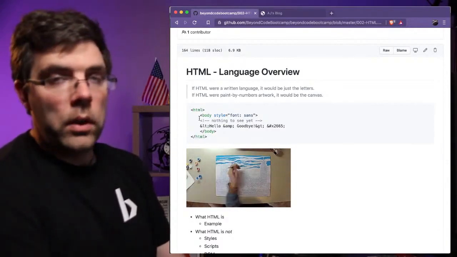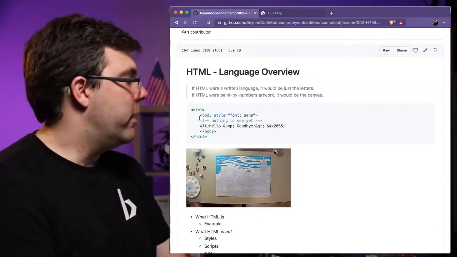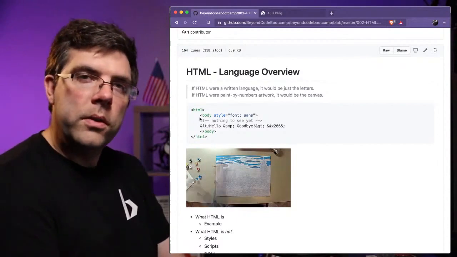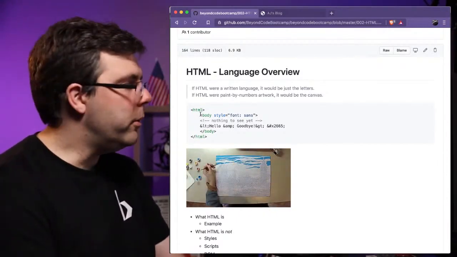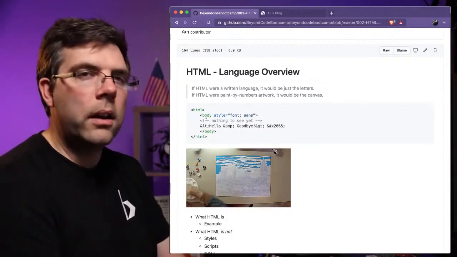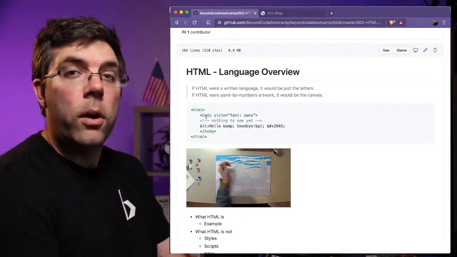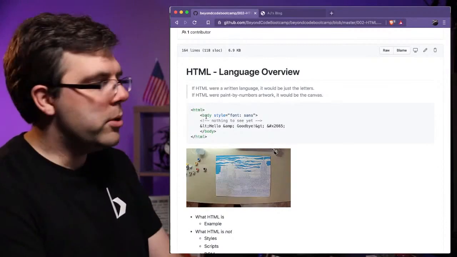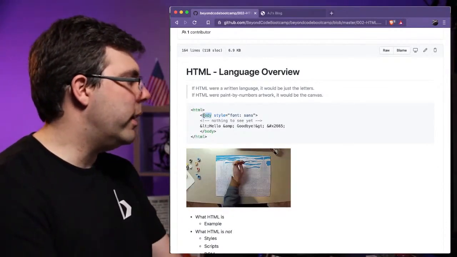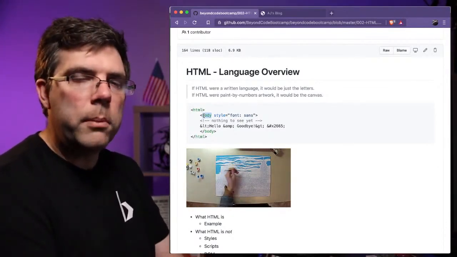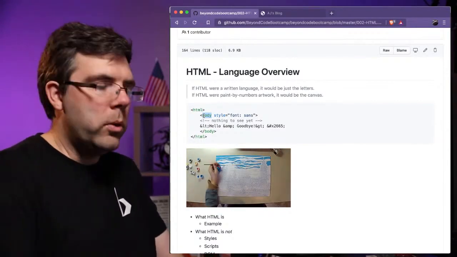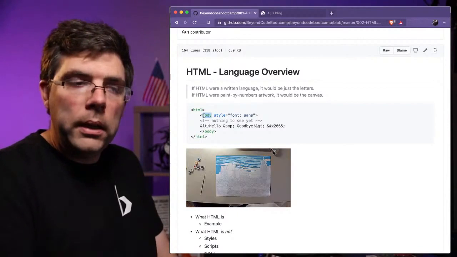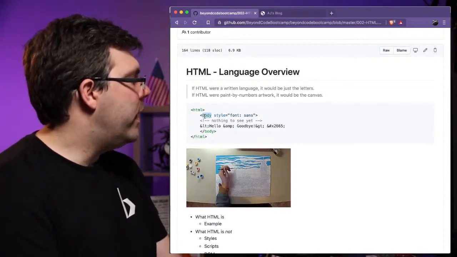And things that are ignored are not displayed on the page. But in the ideal technical sense, anything that is in the head is not displayed on the page, although that's not always true. And anything that is in the body that isn't a comment is displayed on the page, although that is not always true. There are exceptions to all of these things, and this is a very strong convention that is used pretty much universally and is actually defined in reference material. So you can read up on what body is supposed to be. That said,